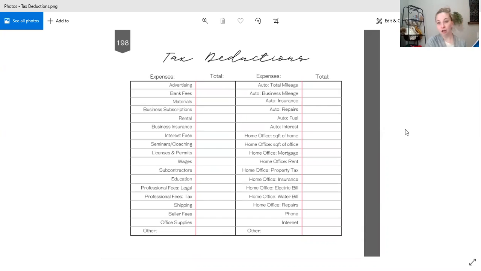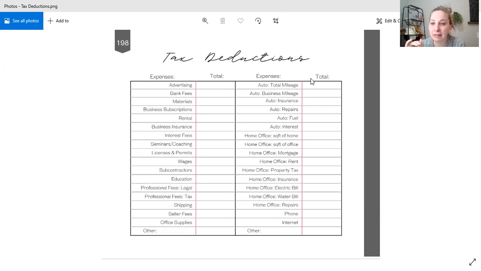So tracking your tax deductions is where we need to start, especially if you are thinking about your tax appointment. You're going to want to start by going through and tracking your expenses the same way that we've been doing. This would be an end of year thing, or you could do it for each month if you chose to do it that way. And it would be really, really helpful.